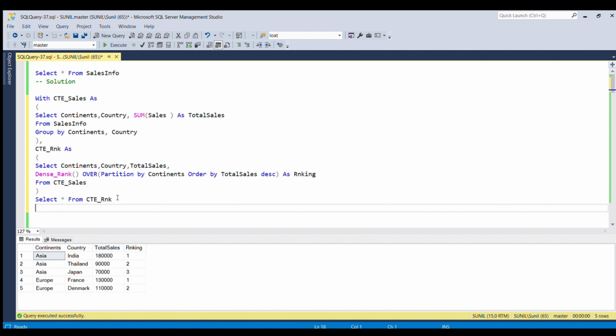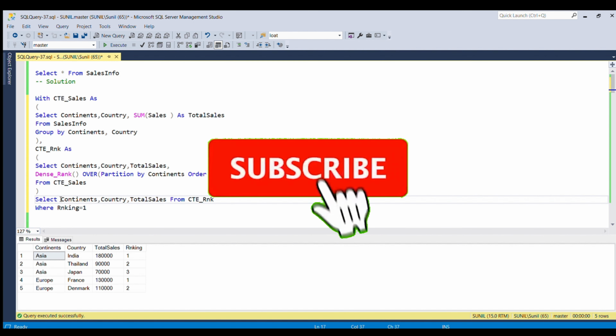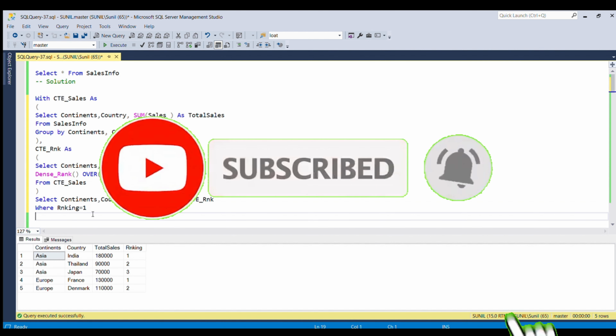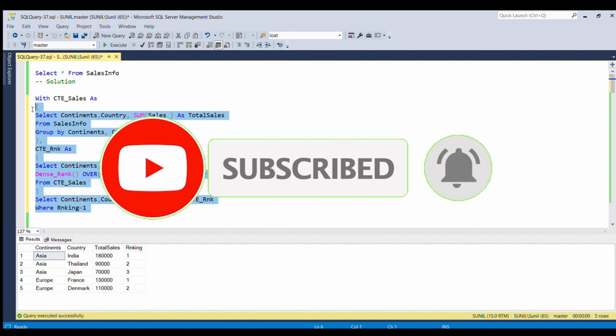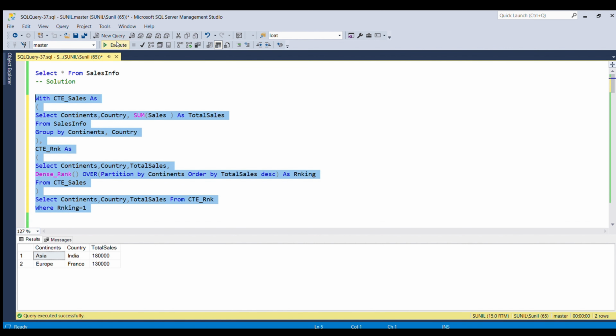We can give here where ranking is equal to 1, but we do not want this ranking column, so we are going to replace the star with the actual columns. I'm going to copy these three columns and replace the star with these column names. Now if I run this full piece of code, here you go, you got the solution.